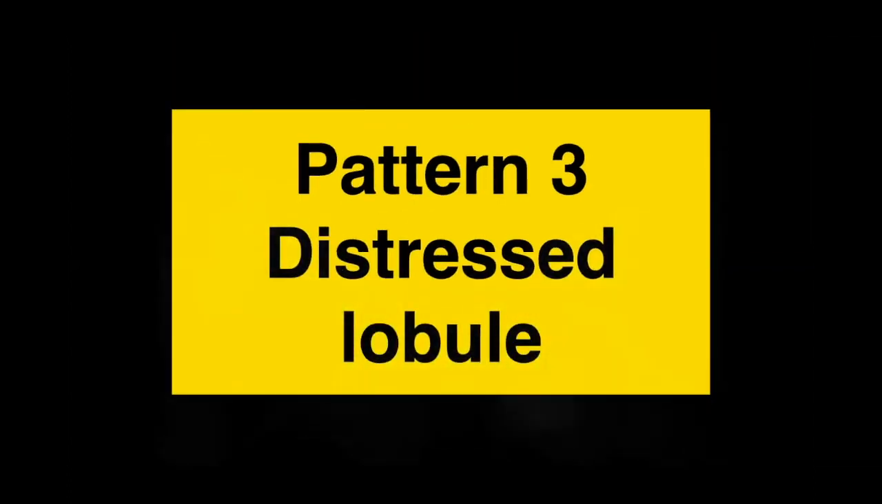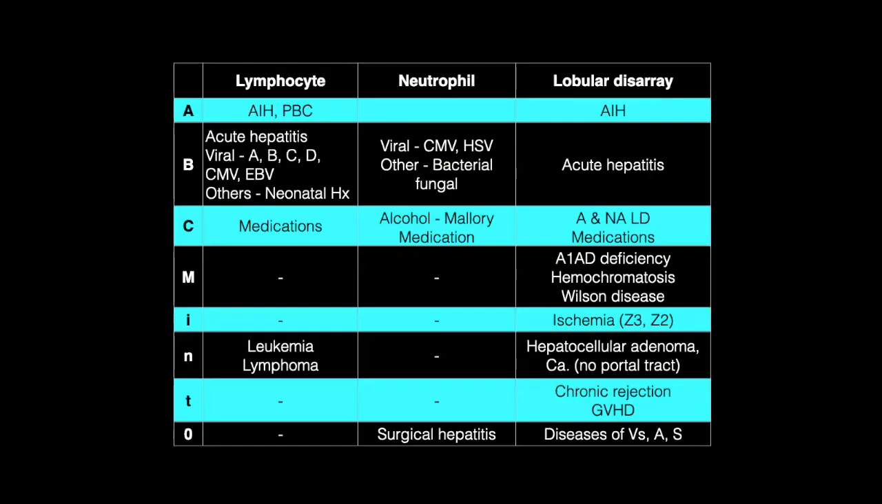Now we are moving over to pattern 3 or distressed lobules. These are the causes of distressed lobule, that pattern. Again, remember A, B, C, many, and in the distressed lobules, there may be lymphocytic proliferation, there may be neutrophilic proliferation, and there may be lobular disarray. These are all the three main features that you see in the microscopic picture. The lymphocytes infiltrating the lobules causing distress